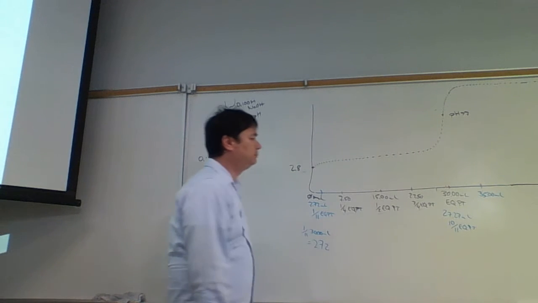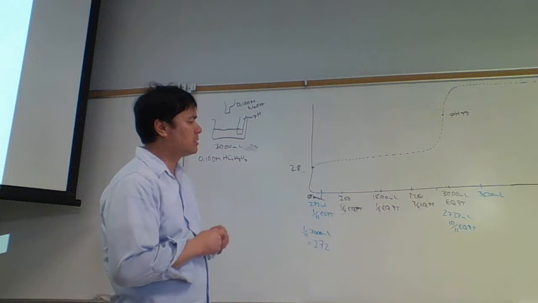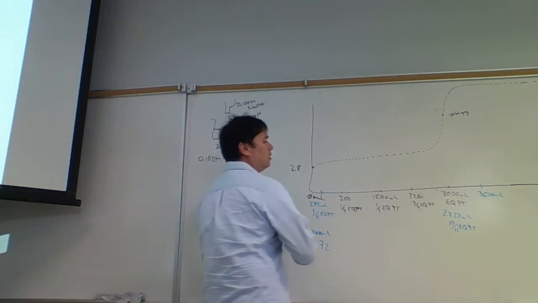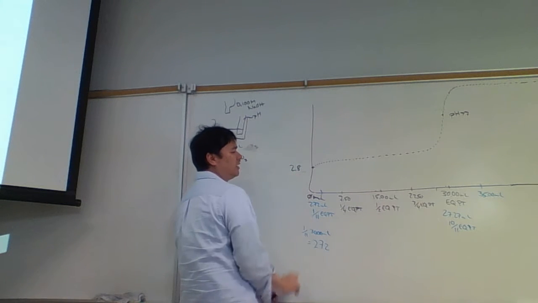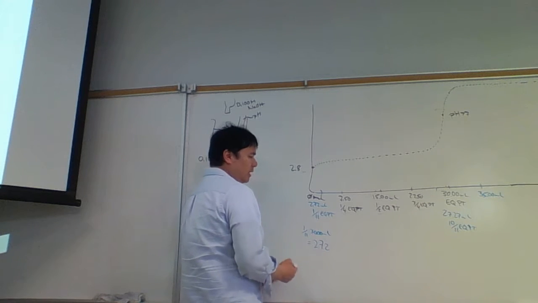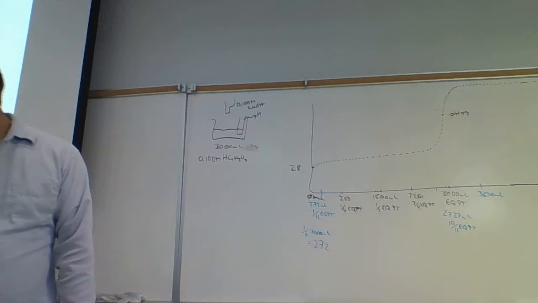And so we're going to do some calculations. We're going to predict what the pHs should be based on the calculations. And so we're going to calculate the pHs of all these, except for this one, where the pH is 2.8. This is just a chapter 16 style calculation, just acetic acid, 0.100 molar. The other type of calculation is we're going to try to figure out what the volume is for a specific